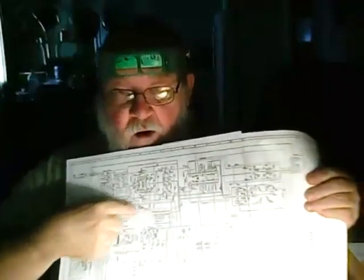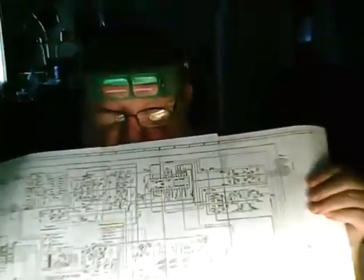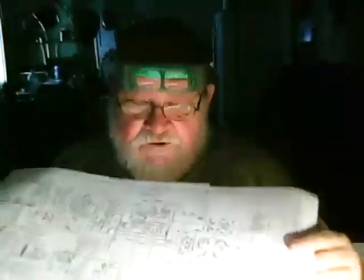Now, and then this one, this is the one I actually use, 4 pages, but that same principle. That way, I can follow all the way across, every one of those points that it goes to. And the nice thing about these schematics, they've got the voltages on them, which for those of you that do any kind of work on this,